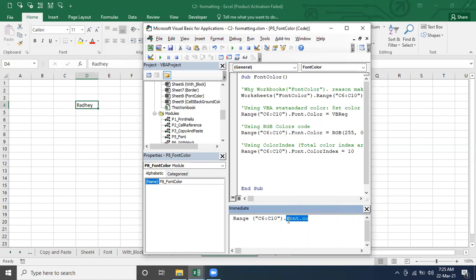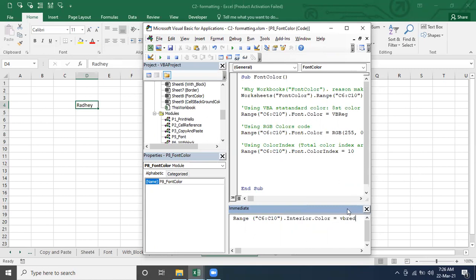If you want to do the cell color, we have one more option called interior. This is the option we have to use. For the background only, we have to use Interior dot color. There are two options: either you can use Color or ColorIndex. I'm going to use Color. What color do you want to use? I want to use vbRed.